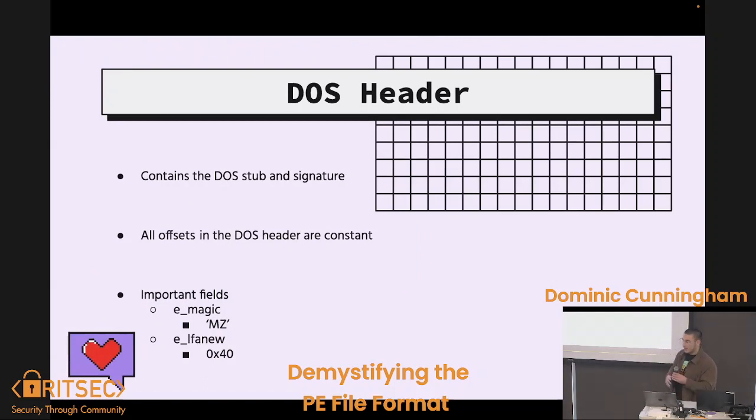So the DOS header will contain the DOS stub and then a signature. The DOS stub, if you've ever attempted to execute some kind of exe and you see "This program cannot be run in DOS mode," that's all that the DOS stub is. It'll also provide offsets that are constant. And so whenever an application or library is interacting with these PE files, it's always going to use these constant values or constant offsets to align itself